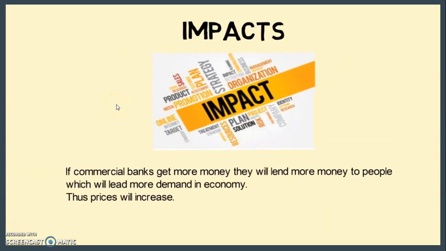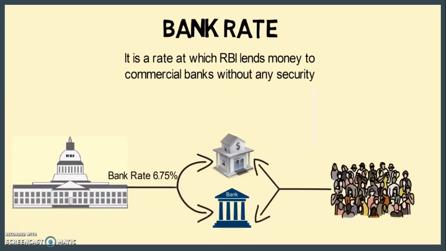Like I explained, if the repo rate is decreased, it is indirectly passed on to the consumer by banks. The rate of interest is decreased, and a lot of demand gets created because the rate of interest is less. So there's a lot of money that businesses and people take to buy homes, and businesses take to flourish their industry, and the economy flourishes. So this is what happens when the repo rate is increased or decreased.